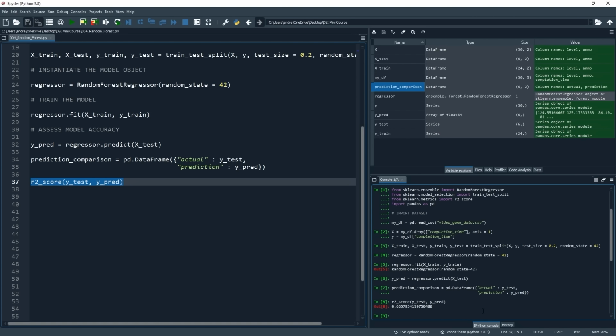Or perhaps we could use it to guide what they do next. If we know that there are levels which might take longer or shorter amounts of time, this might be useful information for them as they decide what they want to do next. Whatever we might use it for, let's just pause and recognize the fact that you have just built your very first machine learning model. So really, really well done.